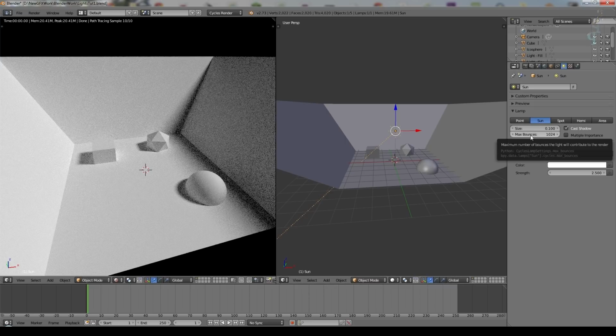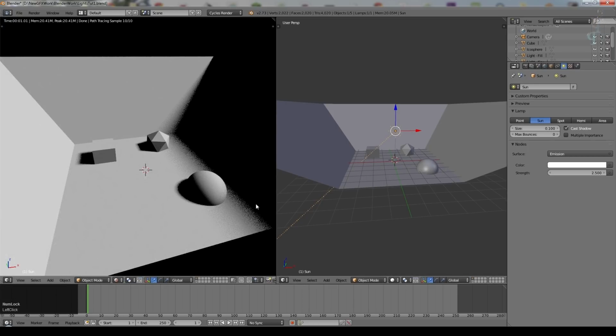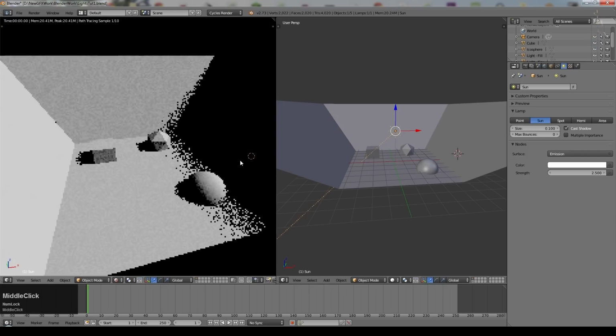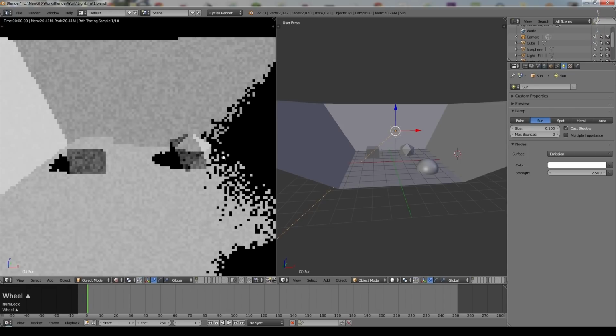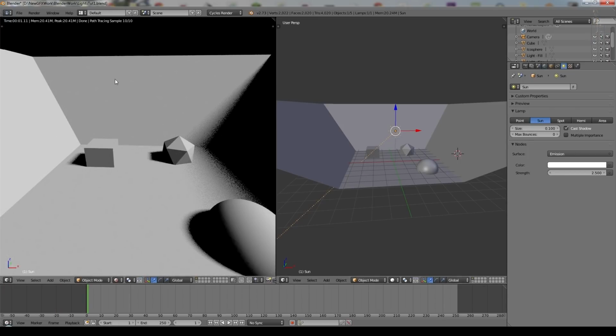All of the lamps have this function available in the most recent versions of Blender. But the max bounce is obviously the light is bouncing around, and therefore Blender is having to do more and more calculations as the light rays bounce around. So typically I will turn down max bounces. However, let's look at what happens if I turn it to 0. We've actually still got a fairly acceptable scene, but obviously no light is reaching this dark area because we're not permitting any bounces. But that said, it's a very clean scene. Even though this is only 10 samples, we have shadows, we have partial shadows, and very little noise. And that tells you something about how noise comes into being in Cycles scenes.